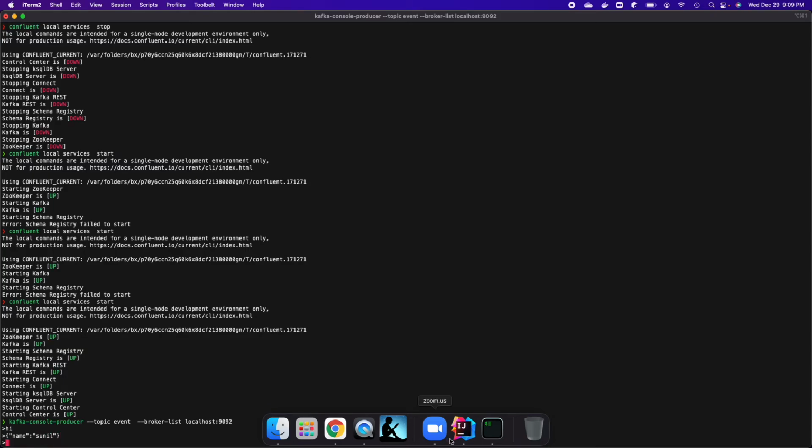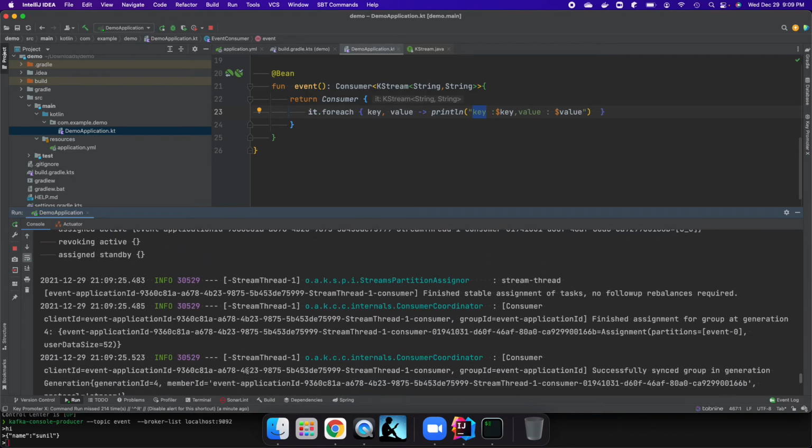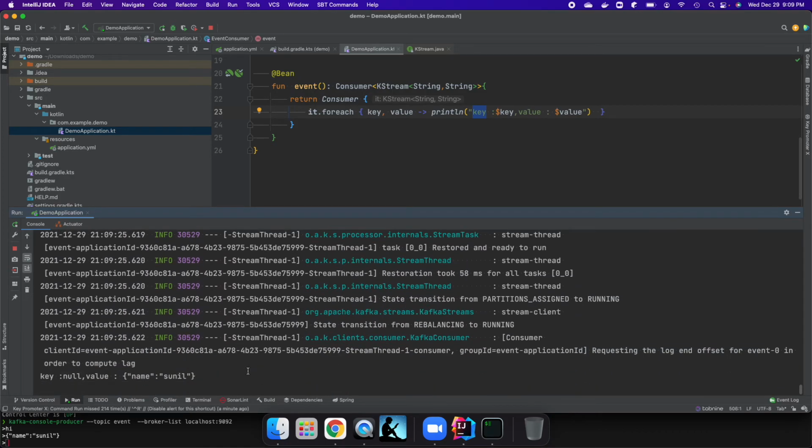If I come here, I can see it's taking some seconds to consume the data. Now you see the data is coming. Here you see the key is null because I'm not sending a key at all, and the value is Sunil. So I'm able to consume the data.